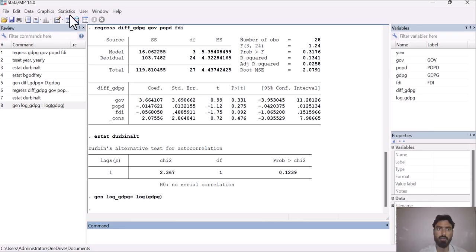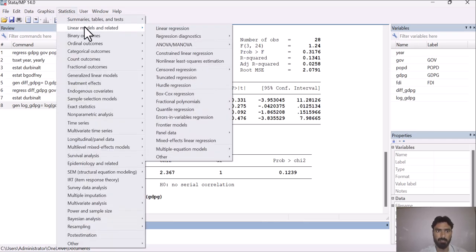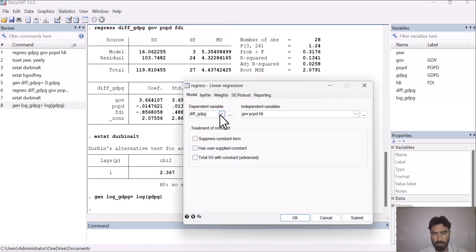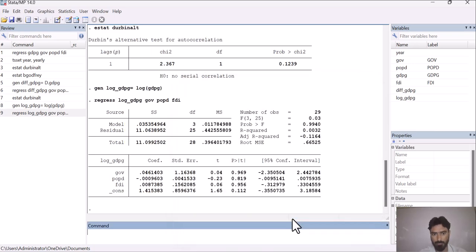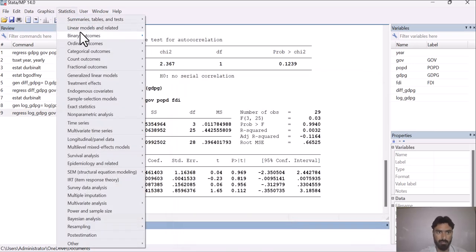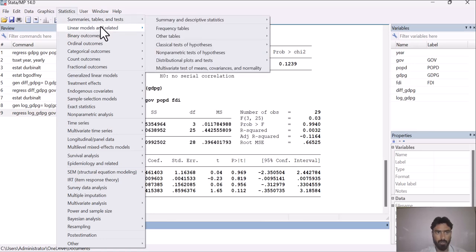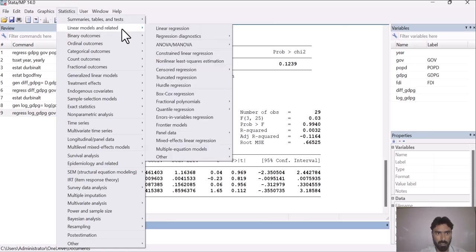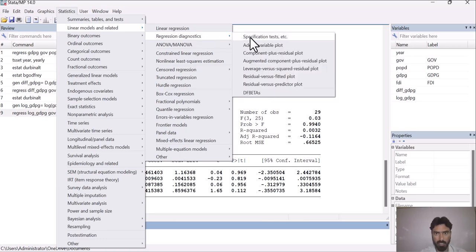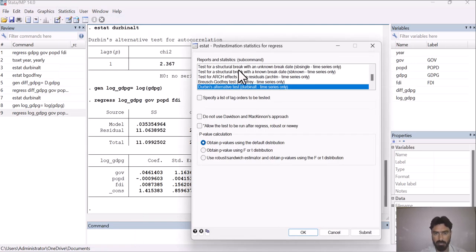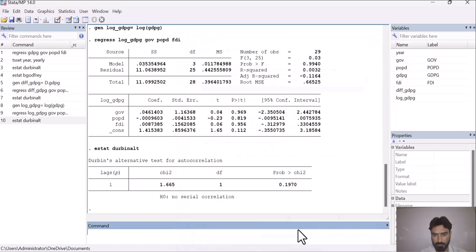Now simply go to Statistics, then linear models, linear regression. From here, for the dependent variable, select logGDPG. Click OK, and then go to Statistics, linear models and related, residual diagnostics, specification test, and then apply the Durbin-Watson test.